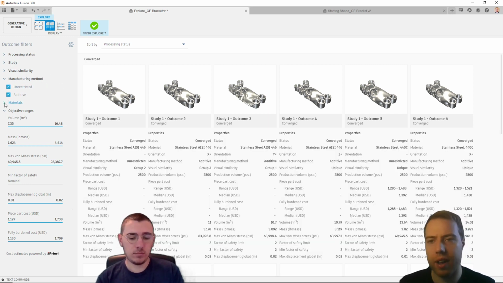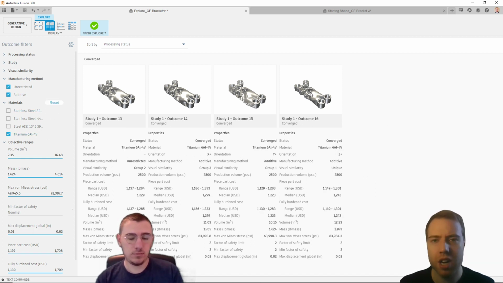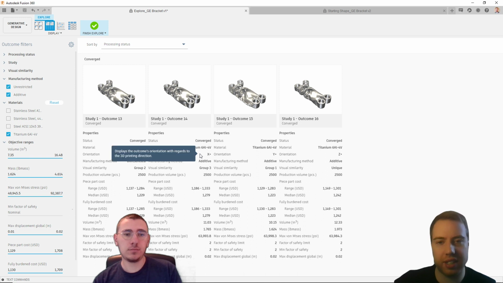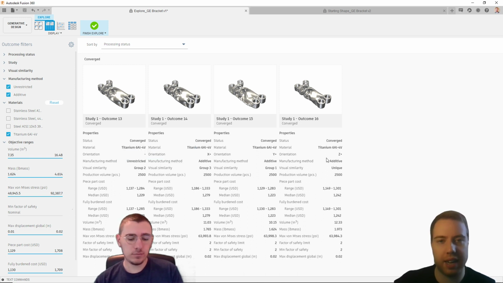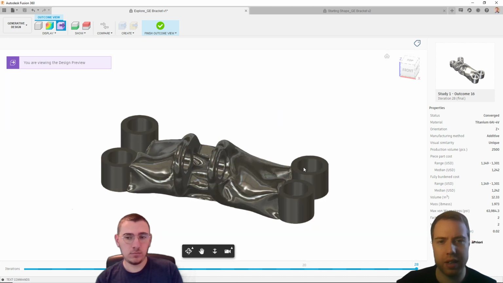So if we look at just one single material, if we look at titanium, we can see we've got 4 outcomes for titanium. A single unrestricted outcome, and then 3 additive outcomes. And we can see it's additive because we've got manufacturing method additive, and we can see that the orientation is X plus, Y plus, and Z plus. So if we open up our Z plus additive outcome, like this,